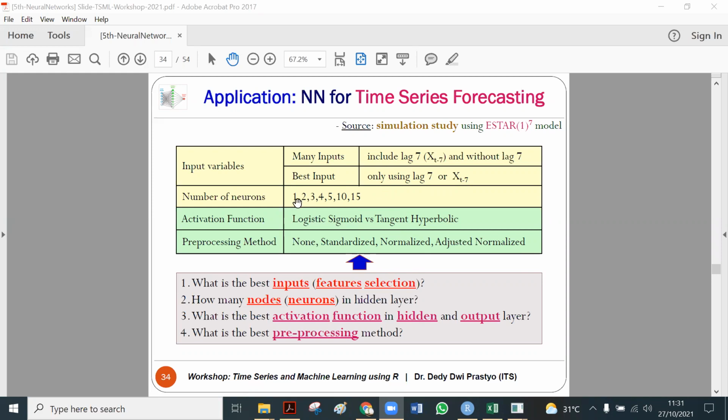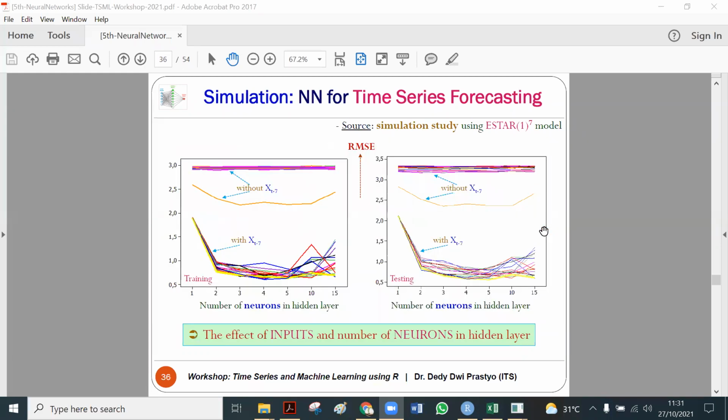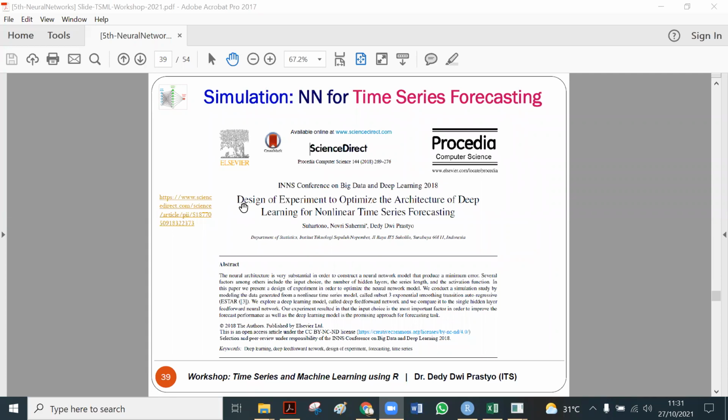Okay, but your question is focused on the number of neurons, but actually in general there are several things that need to be considered. Therefore, in our study we have this design of experiment. In the sense of experiment, we determine the treatments: the input in which lag, the number of neurons, the activation function, and the pre-processing procedure.